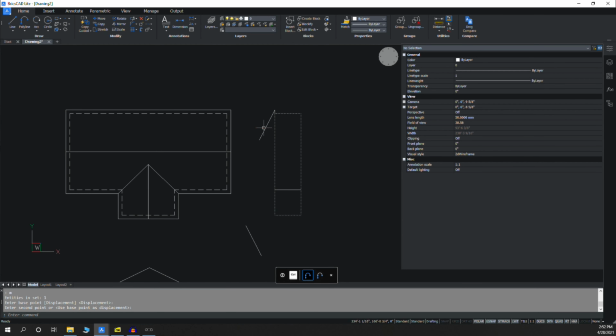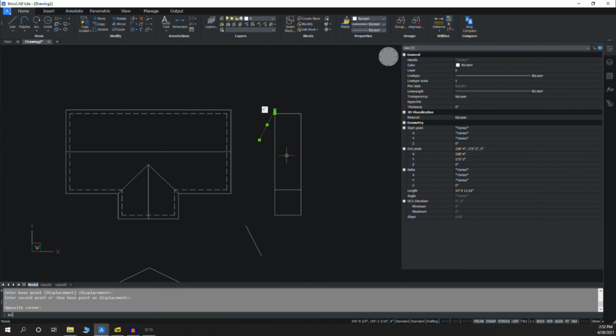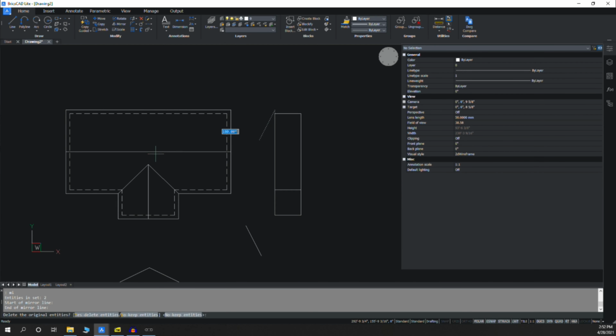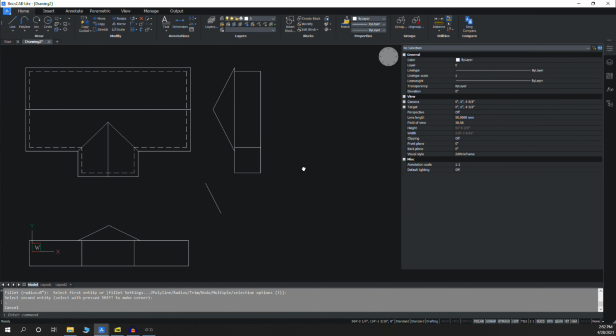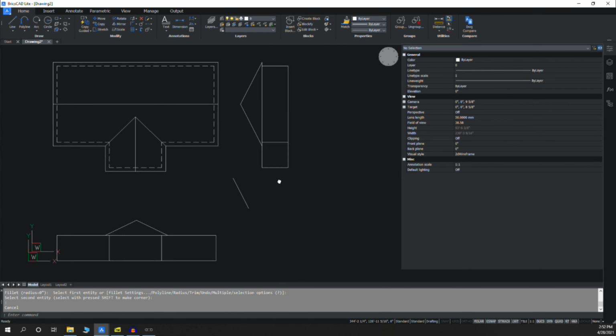I'm going to try and mirror this from across this ridgeline here. Well, yeah, let's just do it. Mirror, and I can grab the ridgeline here, mirror across, I've got that. And then again, we'll use that fillet command to bring those to center. And now we got to figure out where